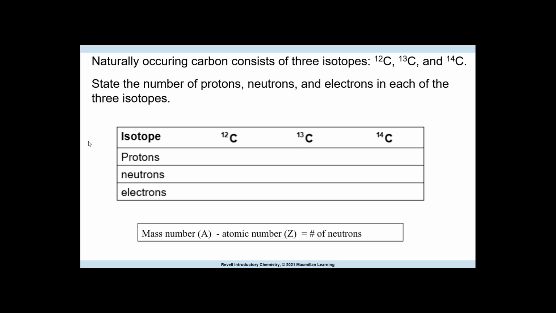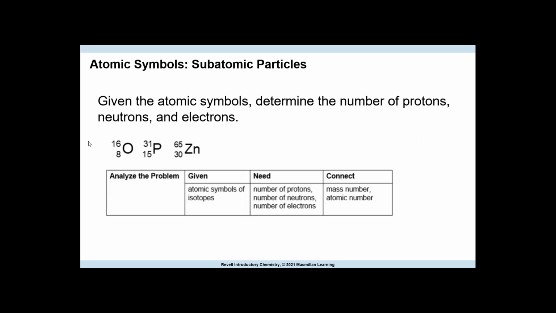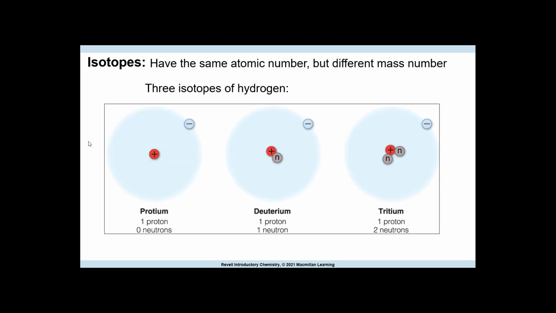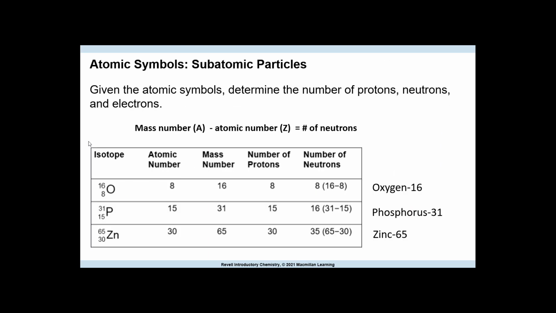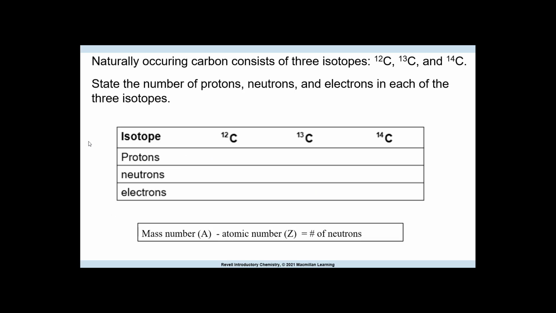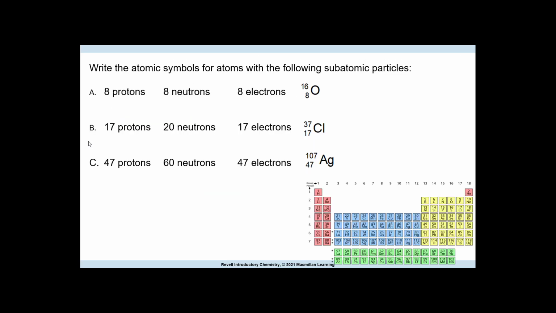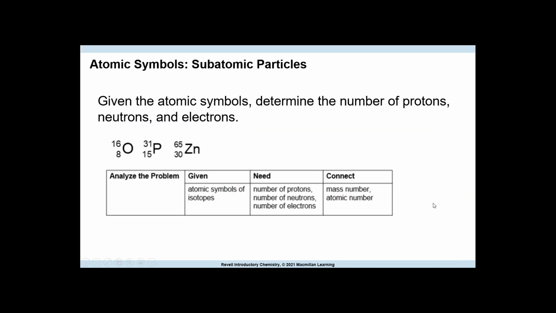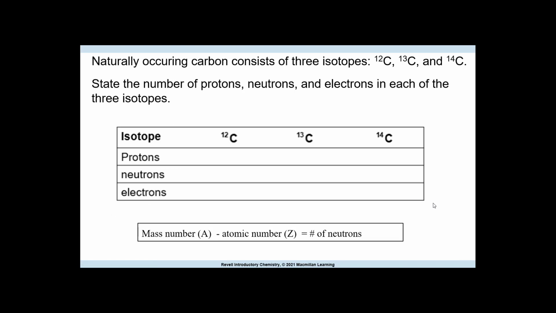It just takes time. So protons are all the same. How? Because remember, the protons for these isotopes are all the same because we're still dealing with the same atom. So we would look this up on the periodic table. If we go to a periodic table here, we can see that carbon has an atomic number of 6. And that means we would have 6 across. We would also have 6 across here because the 6 positive charges cancel out the 6 negative charges. So the only difference is going to be